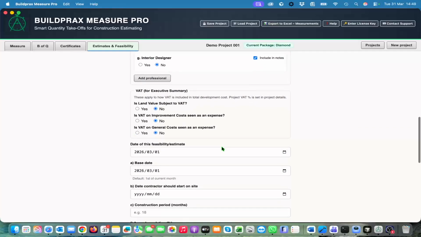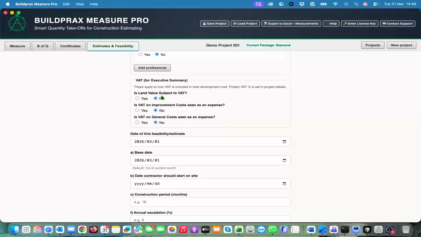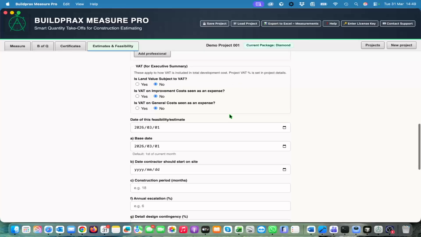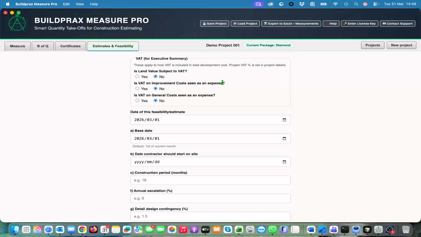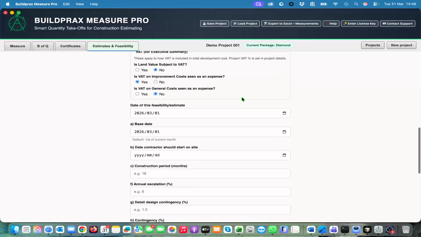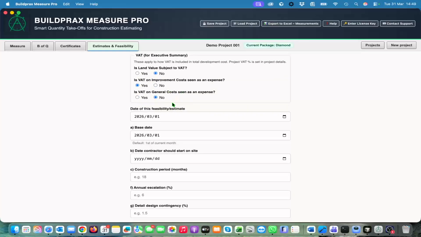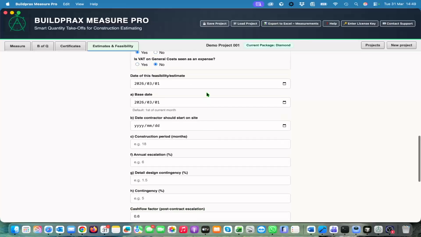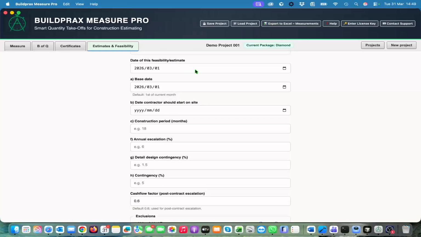Then, is land value subject to VAT? Then we say yes or no. Is VAT on your improvement cost? Let's say, for instance, yes. Sometimes we do not, and in general costs, let's say no. The date of this feasibility and the base date. So let's say the date of this feasibility is the 31st of March, and the base date is then the